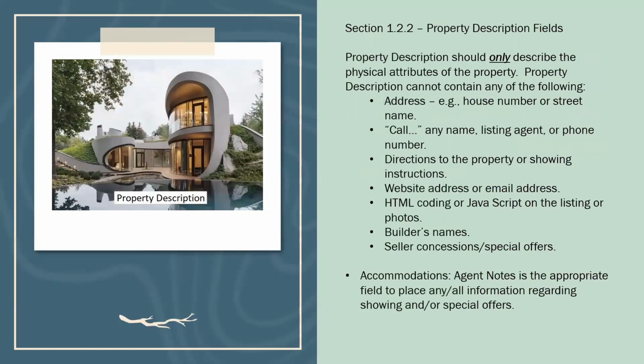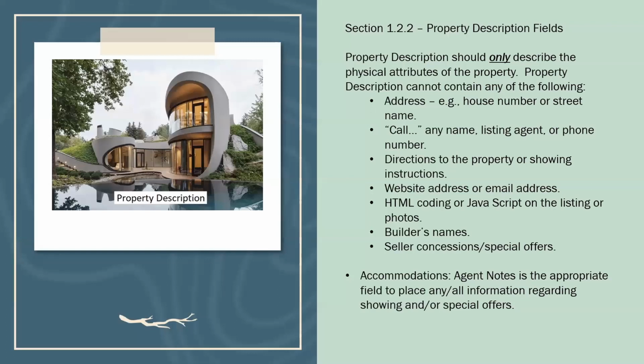Property description. This is a field that gets a lot of people because up until recently, maybe a couple years ago, we didn't have the process to keep an eye on this field. The property description field syndicates to the public. And for the longest time, you had agent names, builder names, and seller concessions being placed on there. For more photos, go to this site, all this information that was going out to the public. We've been able to incorporate this with the iCheck after the MLS committee decided that this field is being abused. So at that point, we added it to the iCheck list. It's our third-party vendor that checks for issues in the data. And now they are being popped up.